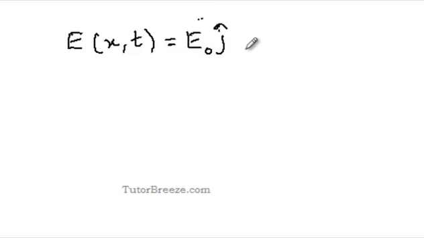Now if you look at the electromagnetic wave, E in the x direction can be written as E naught j, where j is a unit vector in the y direction, since the electric field is varying in the y direction, sine omega t minus kx, since the wave is traveling in the x direction. Had it been traveling in the opposite direction, it would have been plus kx.